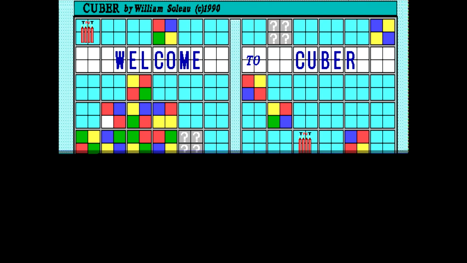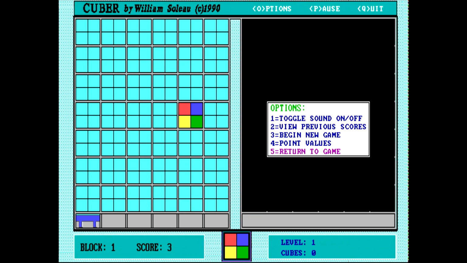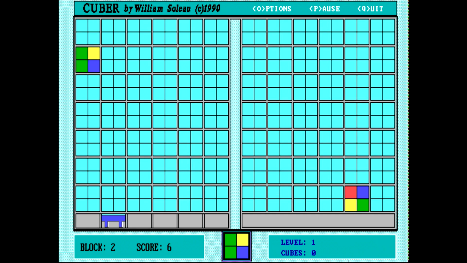So, Cuber. So, okay. Do I have mouse control? I don't see a mouse cursor. Got options. Oh, what? Options. Not a lot of options. Okay. What am I doing? I'm not quite sure what